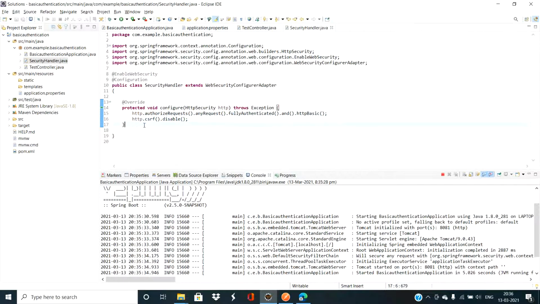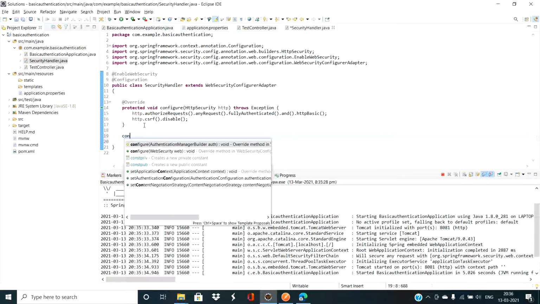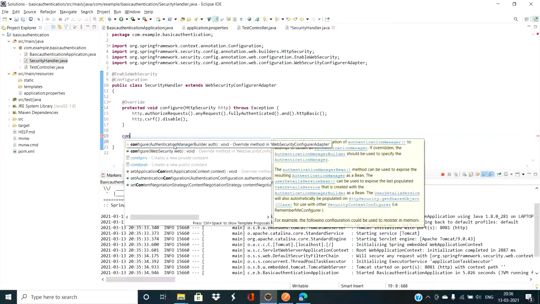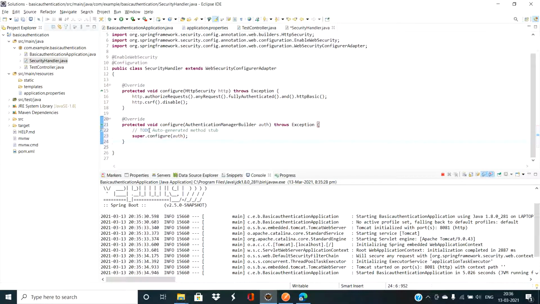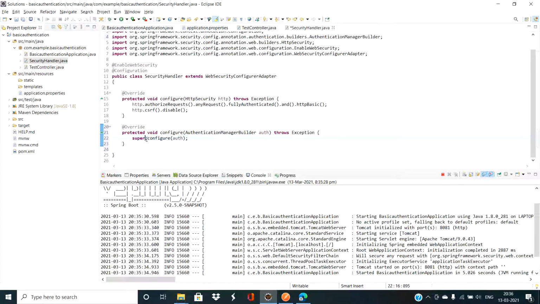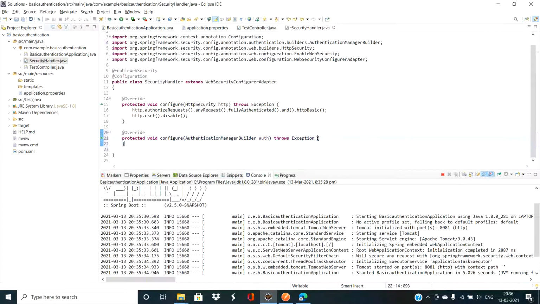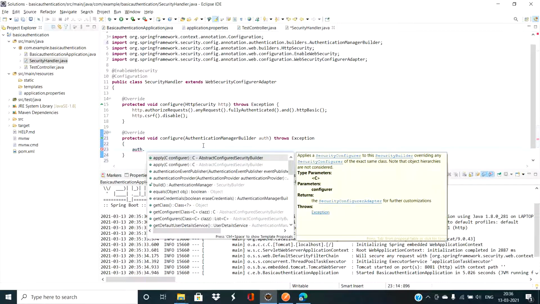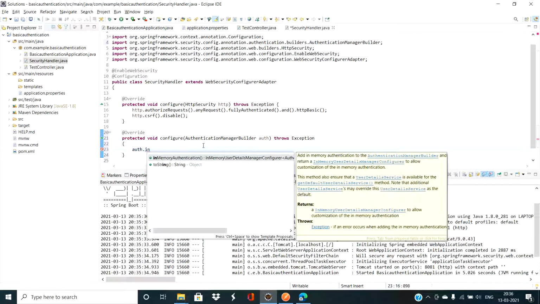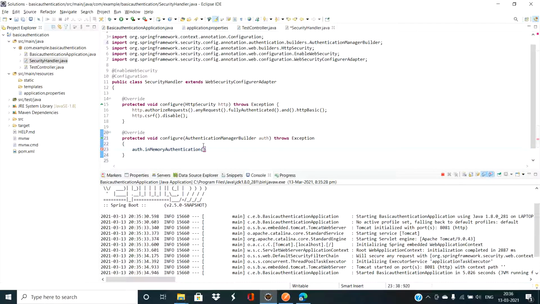There is one more configure method here with a different parameter, AuthenticationManagerBuilder. Let's provide the ID and password here only. So what we can do here, using the auth parameter, there is a method called inMemoryAuthentication.